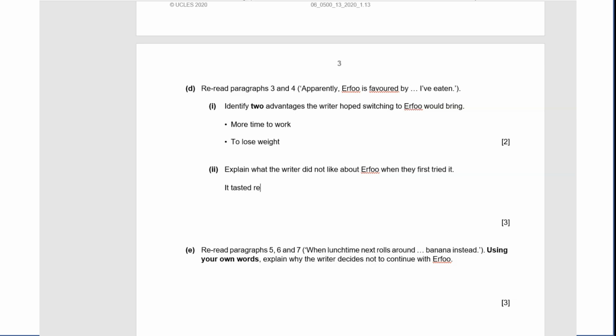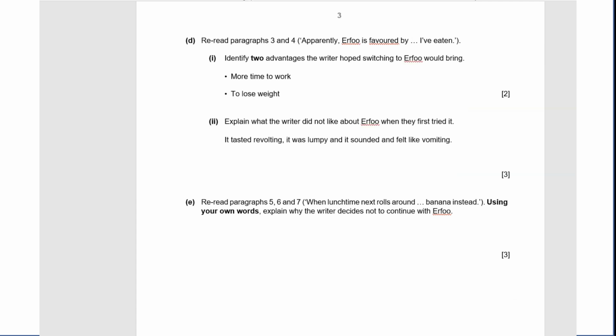So it tasted, let's put it, revolting. It was lumpy, and it sounded and felt like vomiting. Lovely. So the last strand is: reread paragraphs 5, 6 and 7 when lunchtime next rolls around,